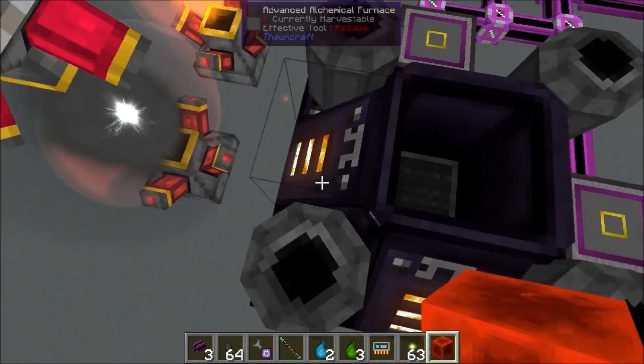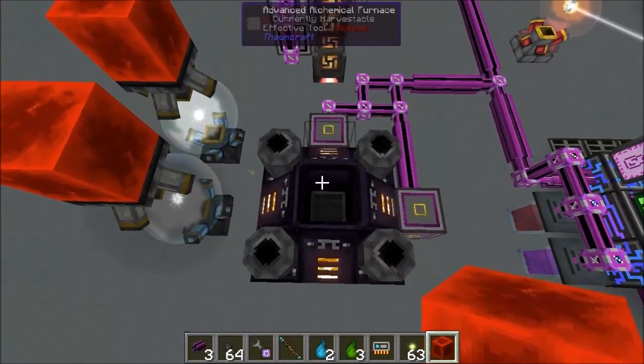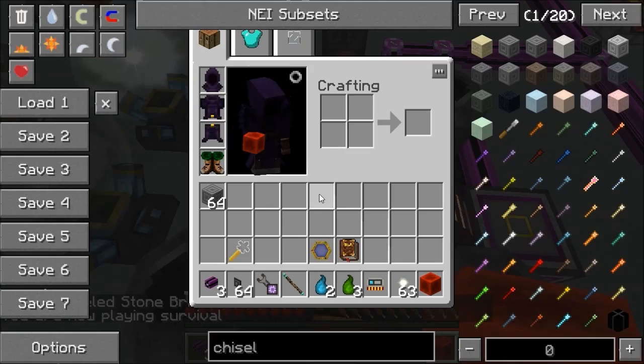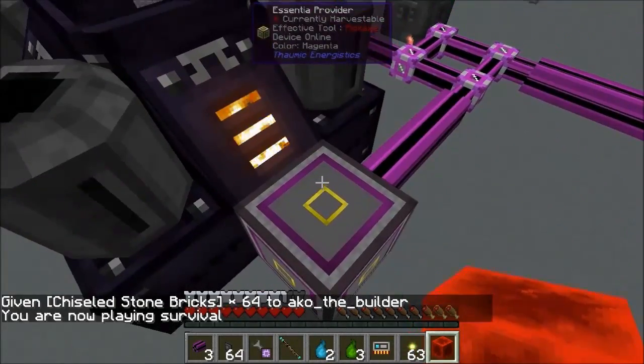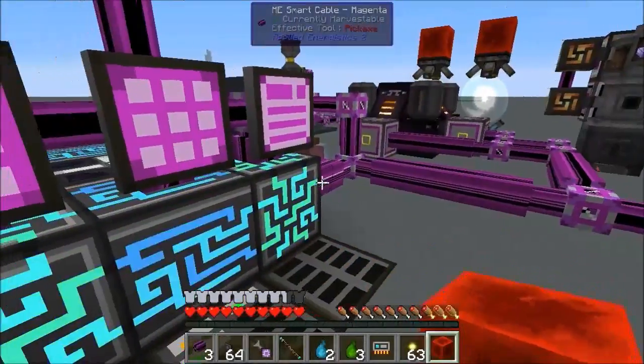Alright then, it was never going to happen because it needs a separate Ignis and a separate peditio, and to get it out of there, it's going to need a separate aqua to get things in and out of this thing. So if I get some of that chiseled brick now, come on creative, jump that into there, and there we go. And what you should see is that bringing it in. I'm not sure if it's going to bring it in really slow though, because